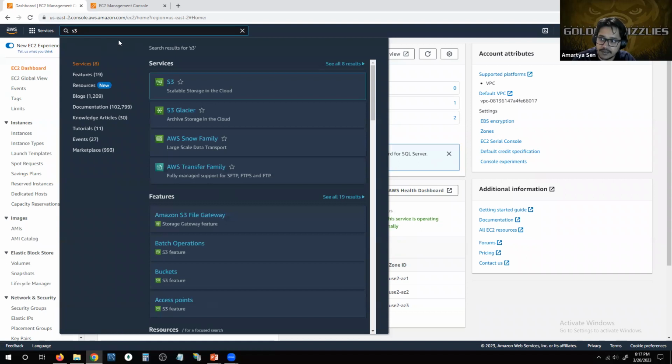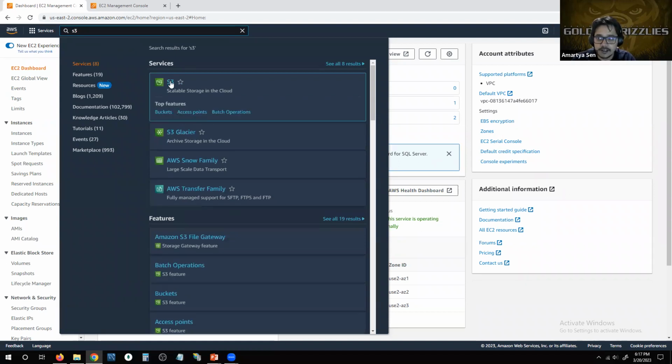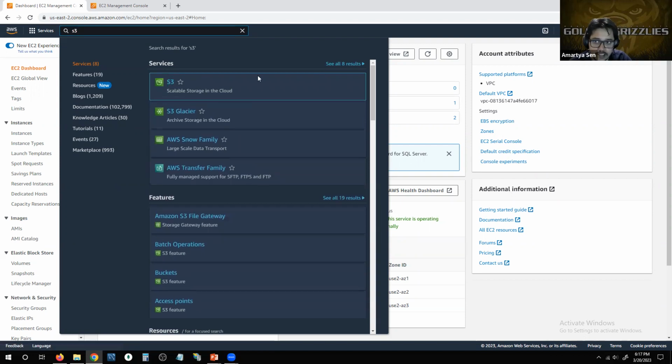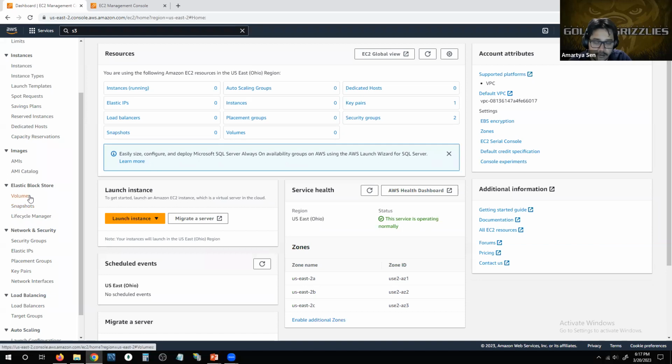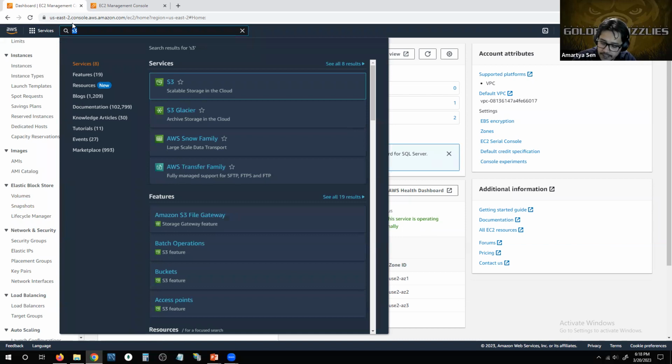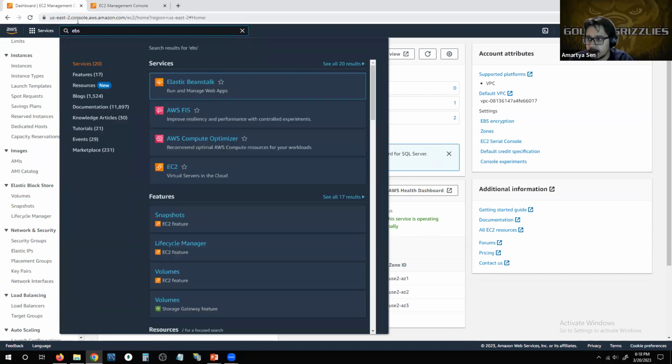And then finally, we have S3, which is also a separate service, so we have to go to that service outside of EC2 itself. However, the EBS service is something we have within EC2 itself, that we can find there. Other than that, if you search for EBS separately as a service,